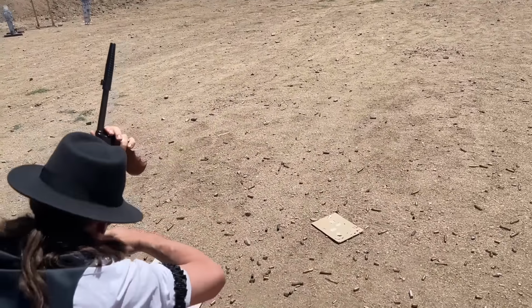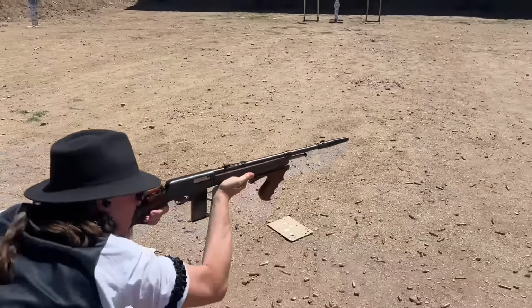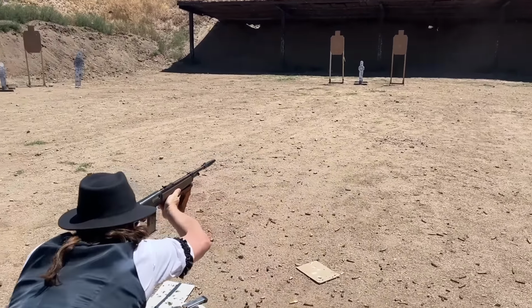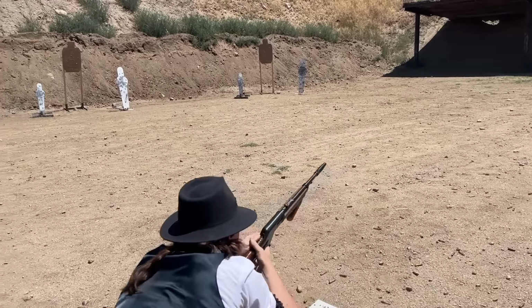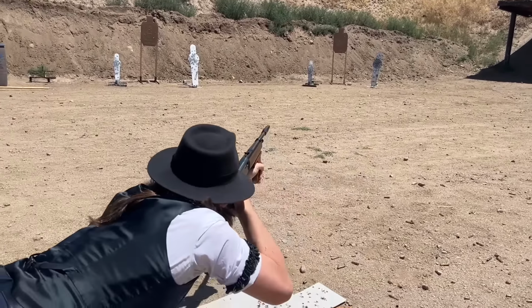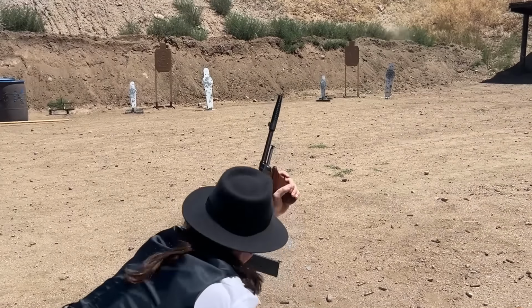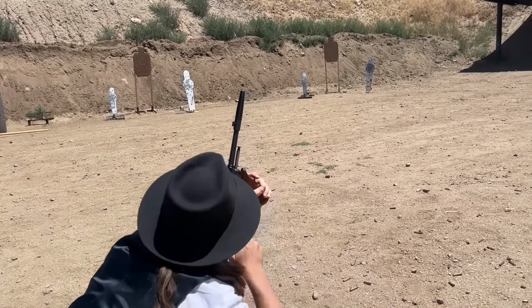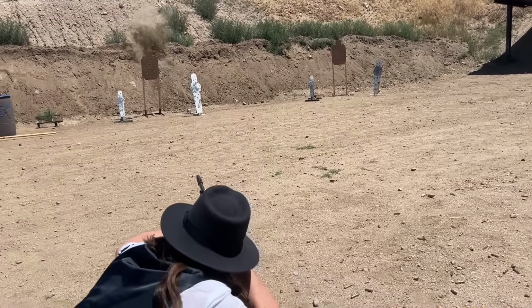This is a combination rifle and pistol stage, and you have to shoot the whole thing lying on your belly on this cart. So you have to have a little bit of core strength to hold yourself up off the end of the cart. You have to hit each paper target twice with the rifle, so you have to switch hands. That's one mag. And I also had to switch shoulders here for the last two targets. It's just really hard to turn yourself around in this position